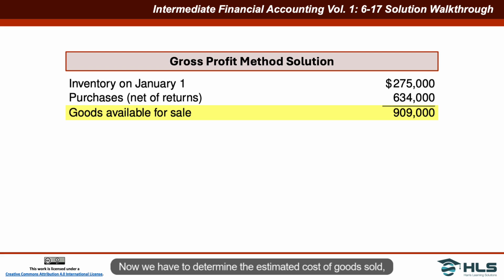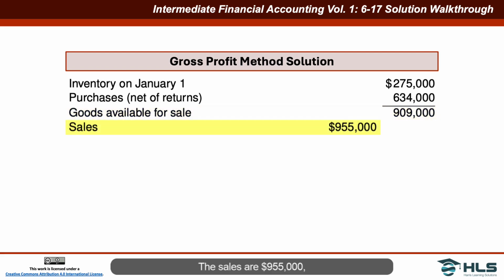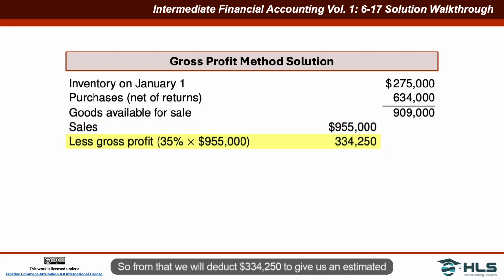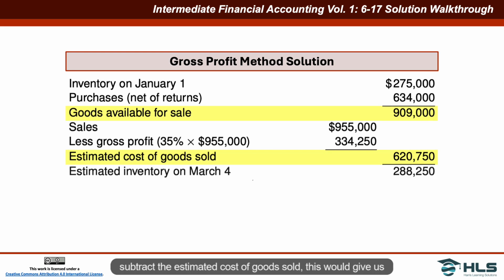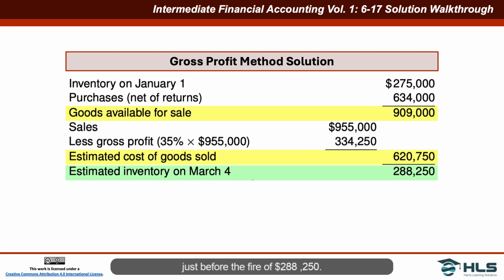Now we have to determine the estimated cost of goods sold, which is going to be based on gross profit. In order to determine the gross profit, we need to know the sales. The sales are $955,000, and the company has an average gross profit of 35%. So from that, we will deduct $334,250 to give us an estimated cost of goods sold of $620,750. When we take our cost of goods available for sale and subtract the estimated cost of goods sold, this would give us our estimated inventory on March 4th, just before the fire, of